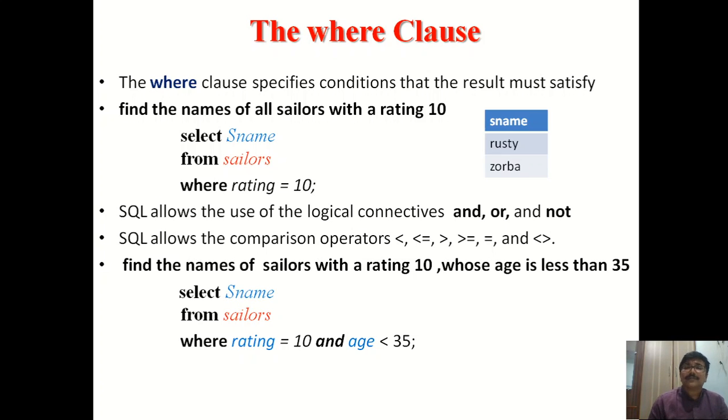These are the two sailors having rating 10, Rusty and Jorba. The second query output is only Jorba, because Rusty has age exactly 35, whereas Jorba has age 16. The condition is rating equal to 10 as well as age less than 35, and Rusty's age is not less than 35. That's why you get only one sailor, Jorba.